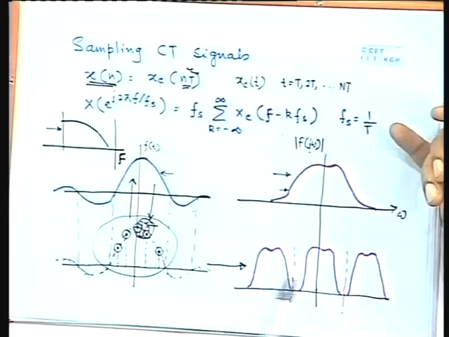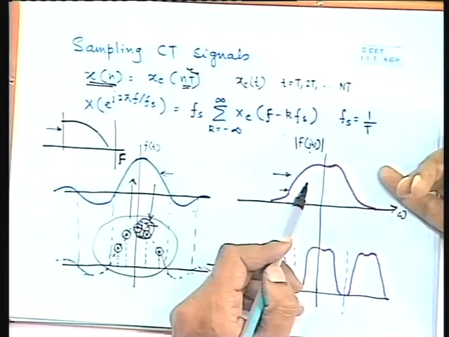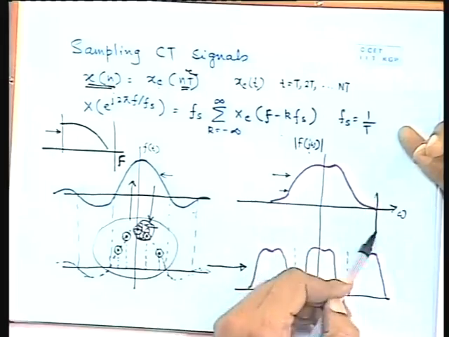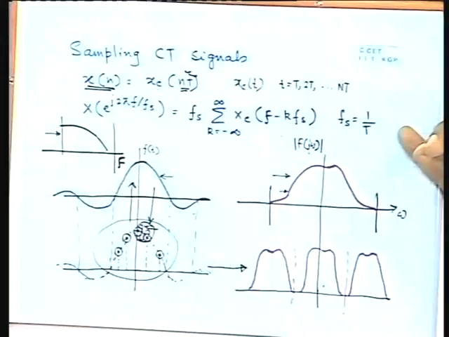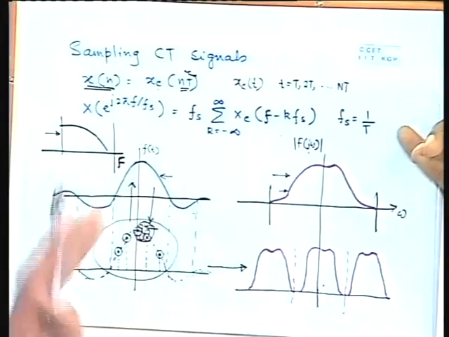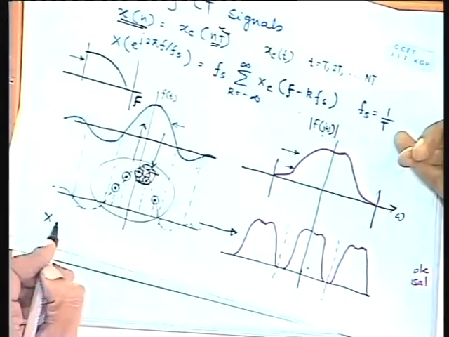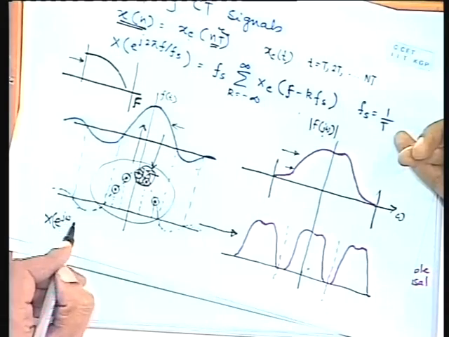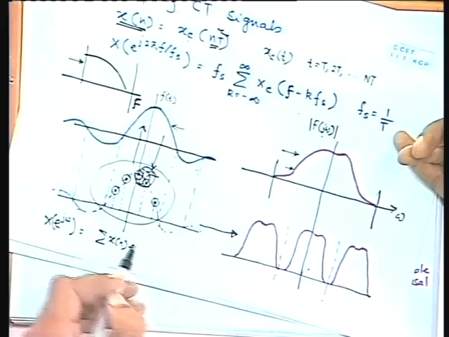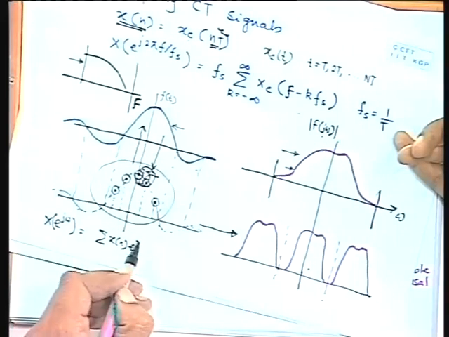It turns out that if you take the discrete Fourier transform of this sampled signal, then that Fourier transform will look like this, that is, it will be this band only, but it will get repeated. It will go up to infinity. Even if this is band limited, this is not going to be band limited. It will continue. It is actually very easy to see why it will continue. It continues because of the basic property that X(e to the power j omega), the Fourier transform, is sigma x[n] e to the power minus j omega n.